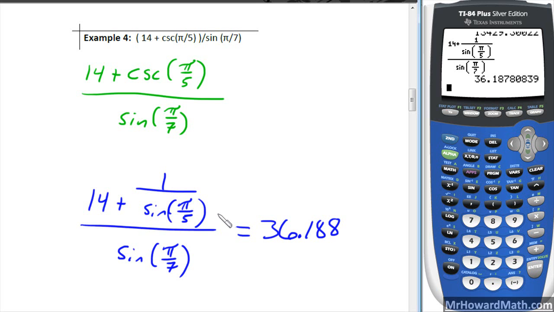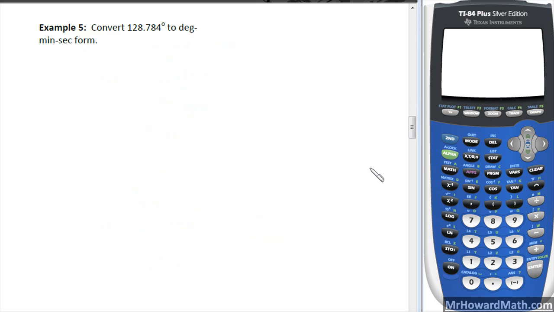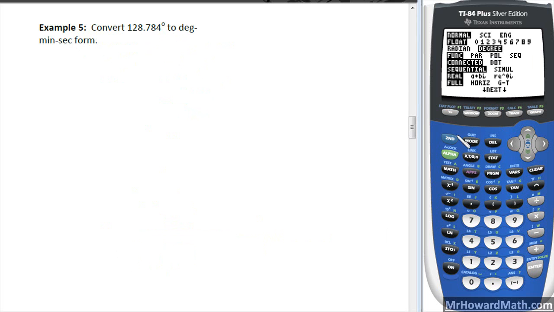All right, let's look at example 5 next. Example 5 here: convert 128.784 degrees to degrees, minutes, and seconds form. So our calculator will actually do this for us. We're working with degrees here, so obviously we need to make sure we're in degree mode. And once we've done that, we can type in